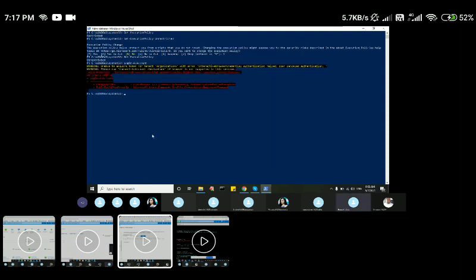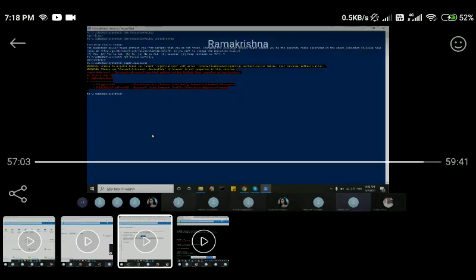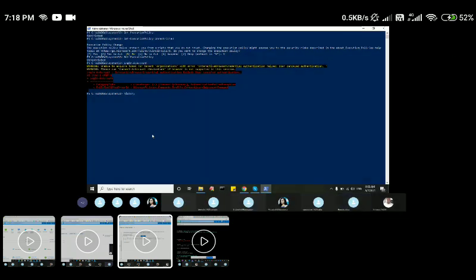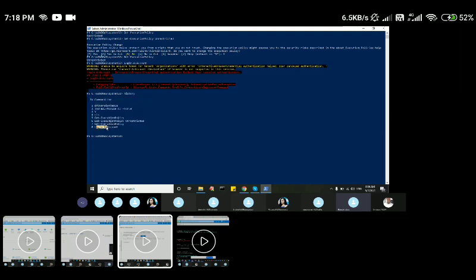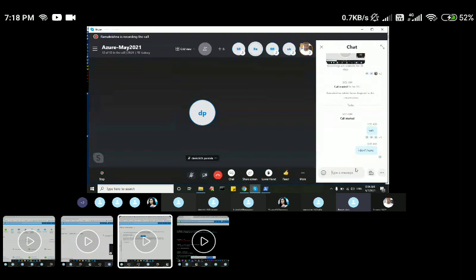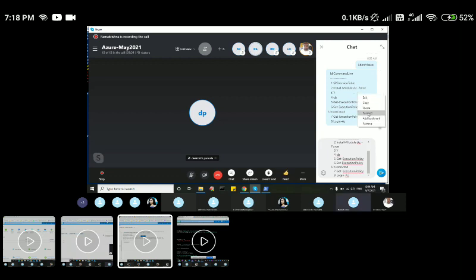Now just enter history, and you will get whatever things you have done. Just copy it and put it in the chat, so that others can also perform the same thing. The first thing we are doing is checking the PowerShell version, and next we are installing the modules. You can ignore the third and fourth, that is Y and CLS. Then we are checking the execution policy. I thought to remove that third and fourth, which are not really needed.